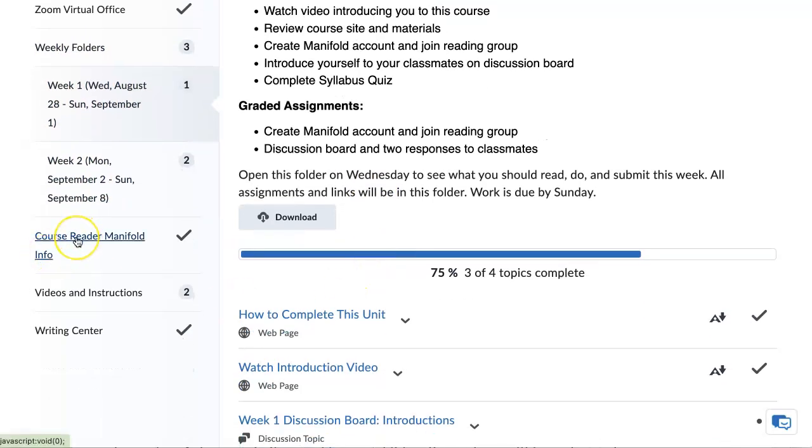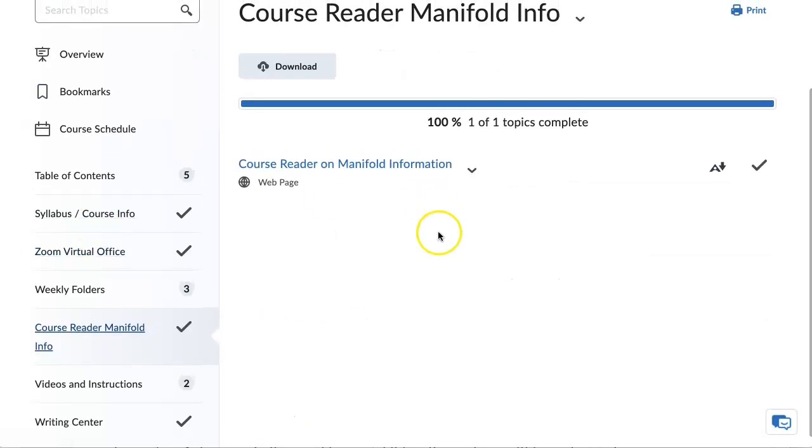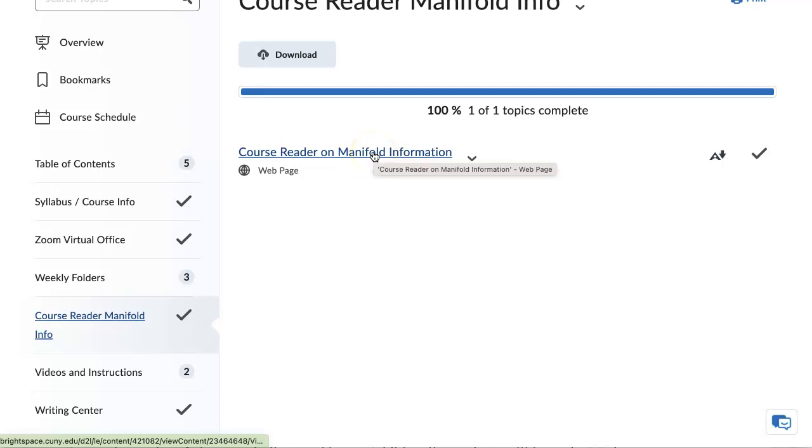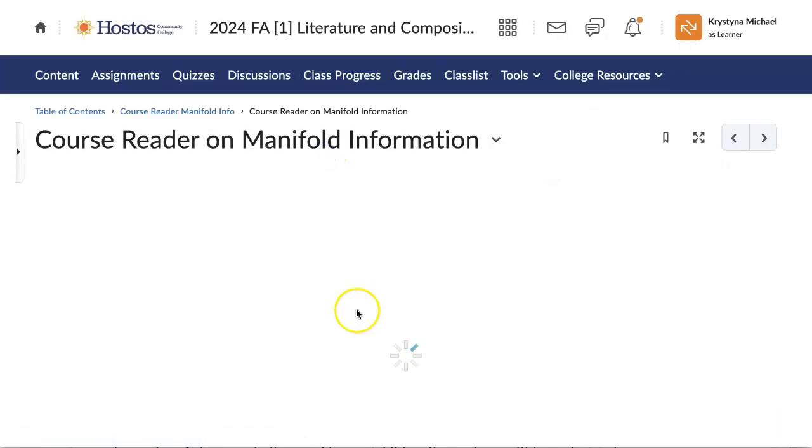The course reader and Manifold info. So this is a zero textbook course. That means that you do not have to buy any textbooks. Instead, we'll be using digital texts in a reader on a platform called Manifold. So I've created this